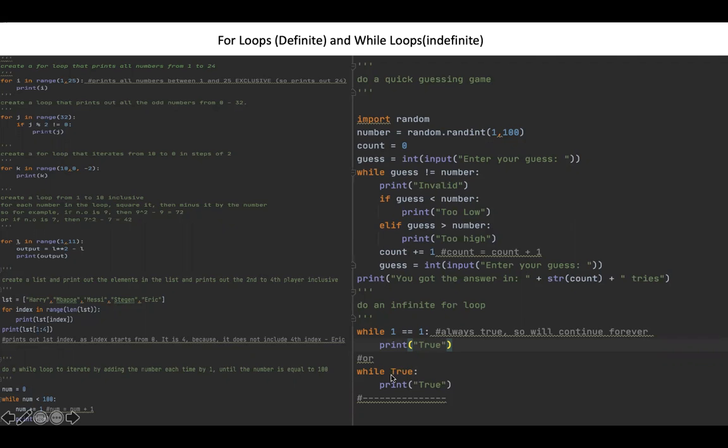But you can also say, while anything that is true, print true. This is also an infinite loop. If you say, while false, print true, Kavanaya, is the code going to run? No. Why? Because if it's false, it can never be true, right? Exactly. So this is not going to run. Okay, so